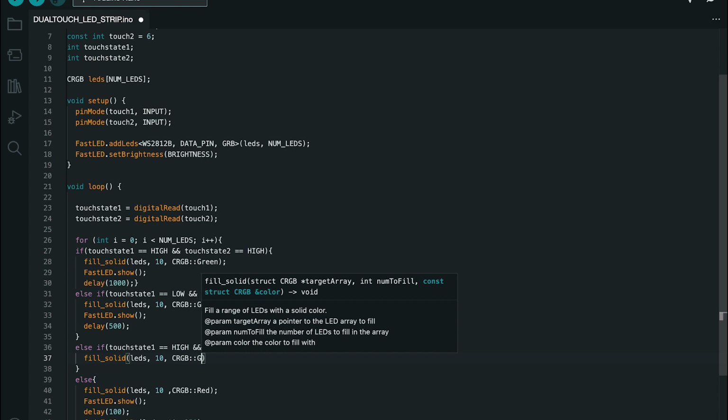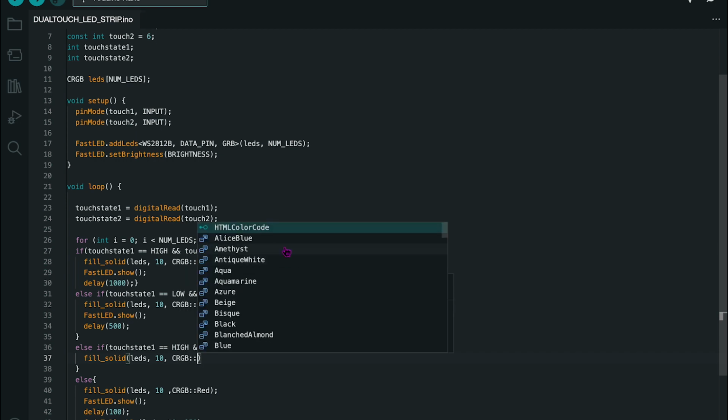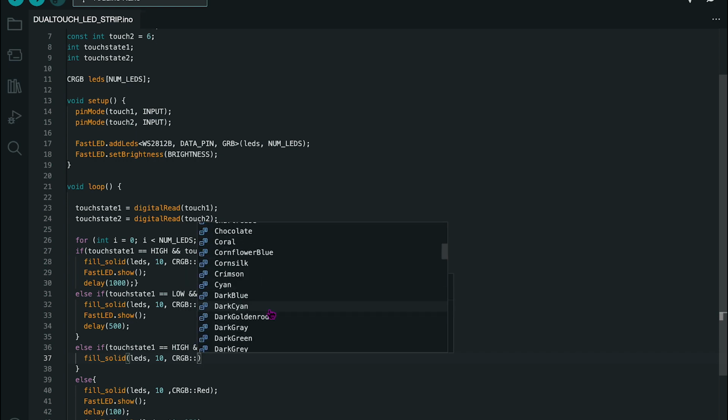What kind of green? Maybe like, actually, chartreuse is, let's do,